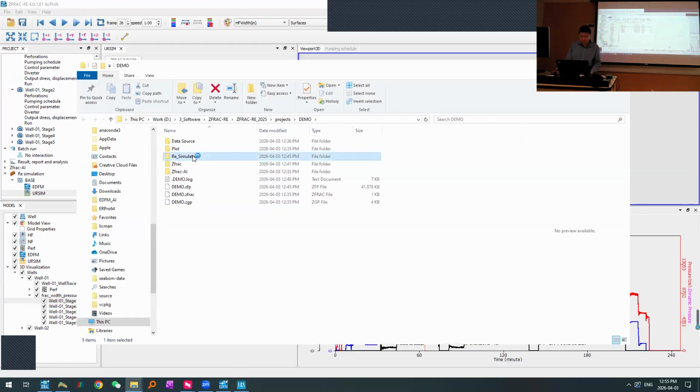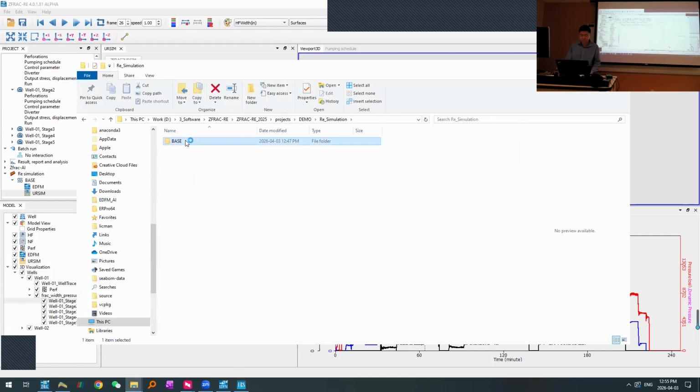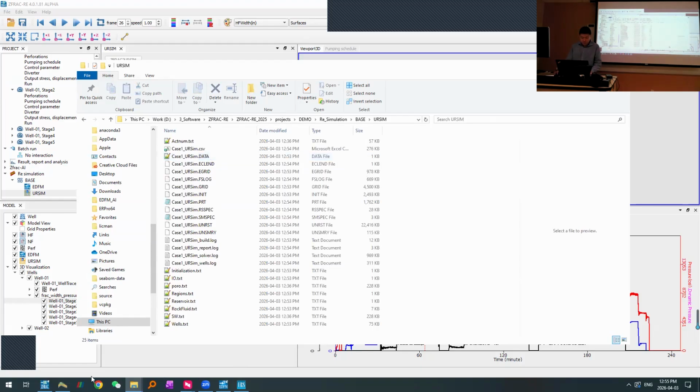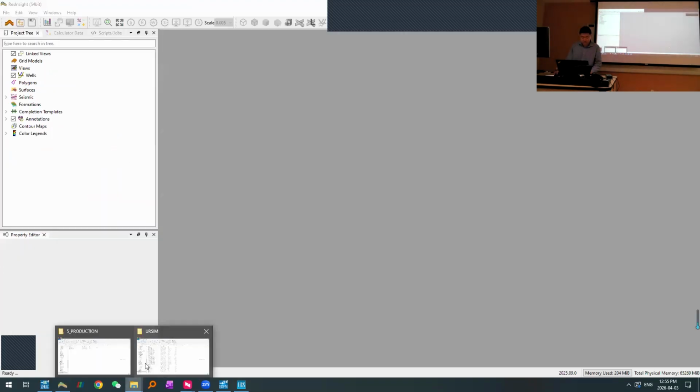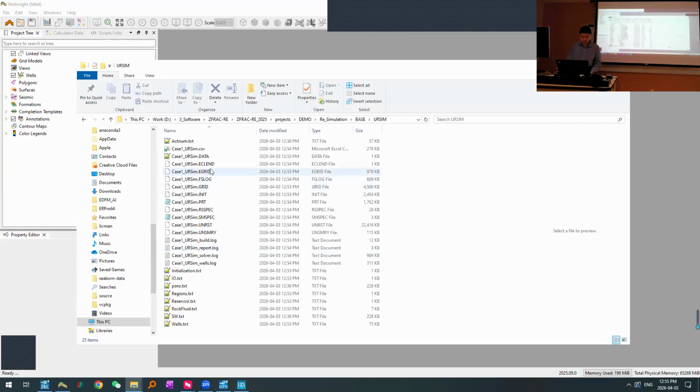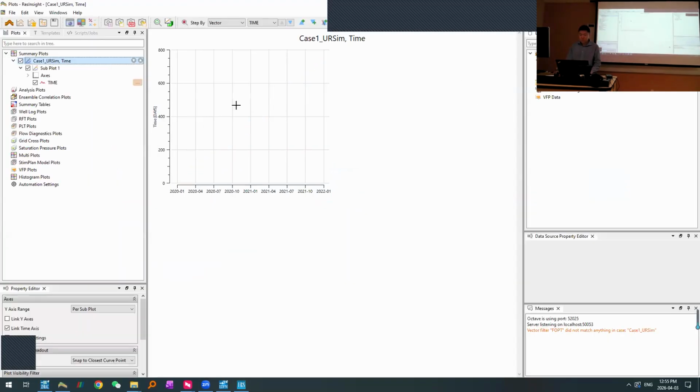In the RE simulation, we have this base case, the URC folder. So here we can directly drag the simulation results here. This one. Okay, so